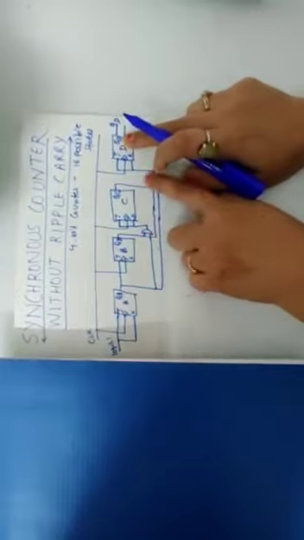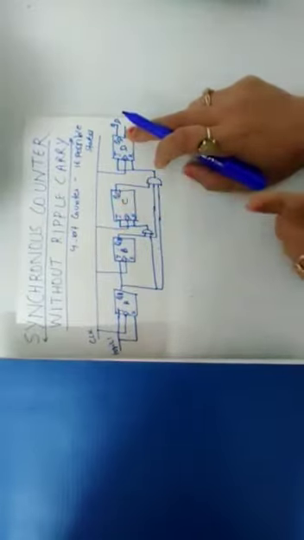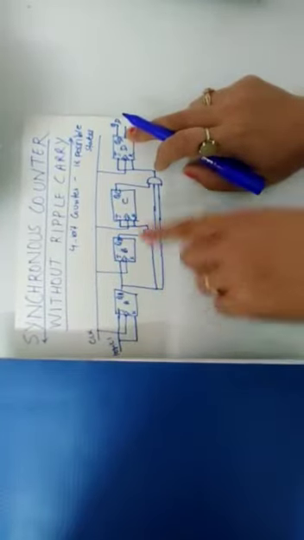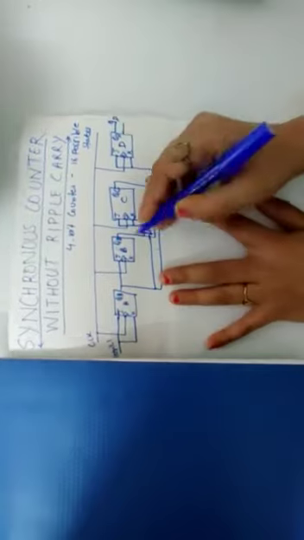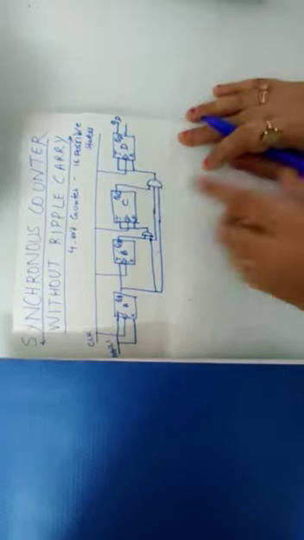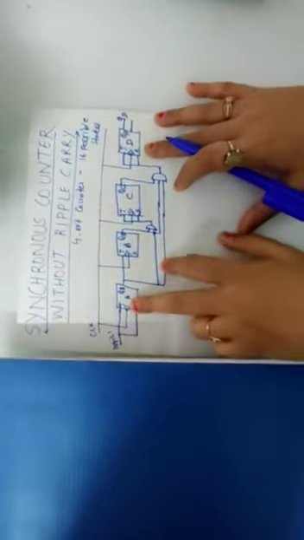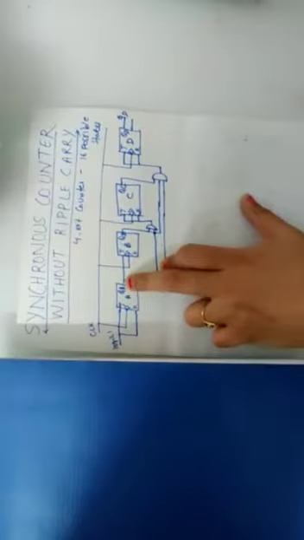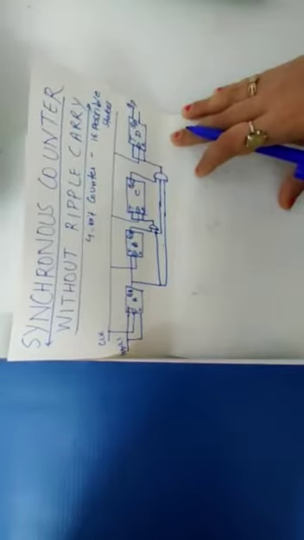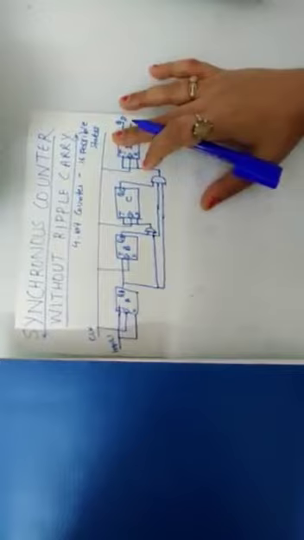Earlier it was 2 inputs, now for the fourth, the output should come from QA, QB and QC. Instead of taking QA.QB from this AND gate, we take QA individually, QB individually and QC individually. There are 3 inputs, they are multiplied together, and then the result is fed to QD. The counting process remains the same. It will do up counting because it is negative triggered and the output QA goes to the next flip-flop. So the counting remains the same, but the only effect is on the propagation delay.